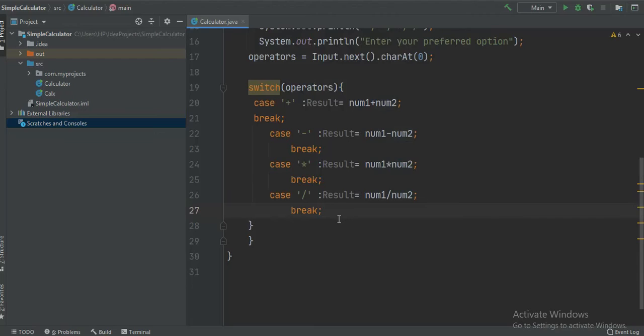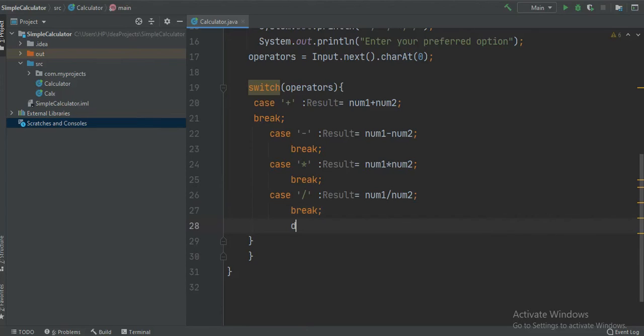And one thing we can do more, we can put a default message here, so that if the user chooses a different option that is not available from these four operators, he or she can get a default message like error, sorry, enter something else, correct?